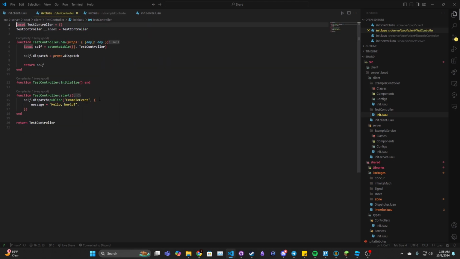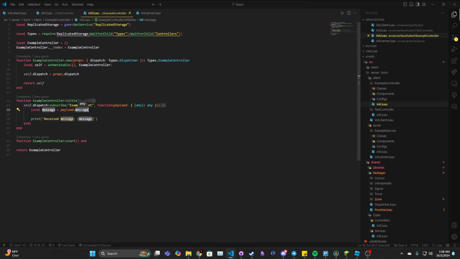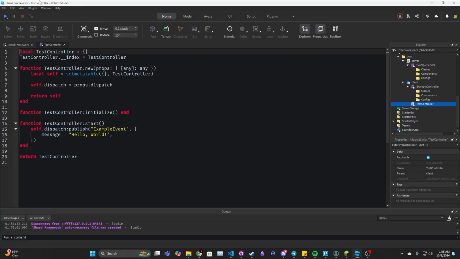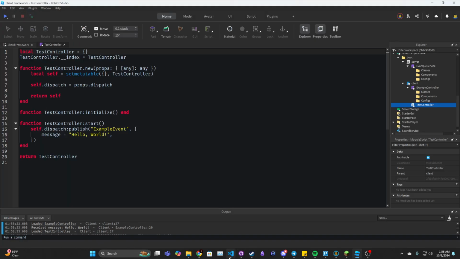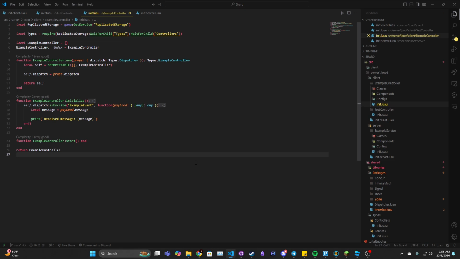So if we look in here, when we call our publish function, we pass in the event we are publishing to, and then the data would be payload.message, and when we run this, we'll get received message hello world. So this allows cross communication across scripts, and previously we had a lot of dependency injection going around, but I introduced a